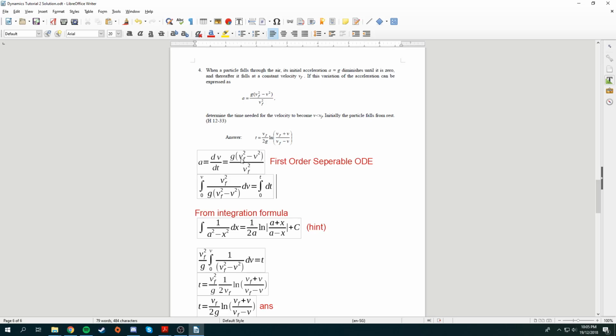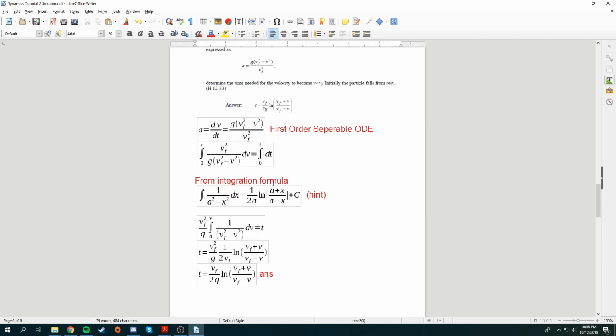Okay? Now, this equation can be brought down over here because this is the same as acceleration, and then we recognize that this is a first order separable differential equation. Then we bring all of this to the left side and dt to the right side, because we will be integrating this with respect to velocity and integrating dt by itself, which will give us t. So over here,